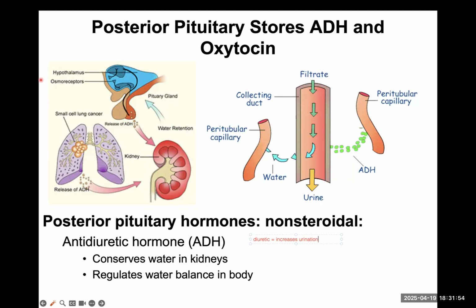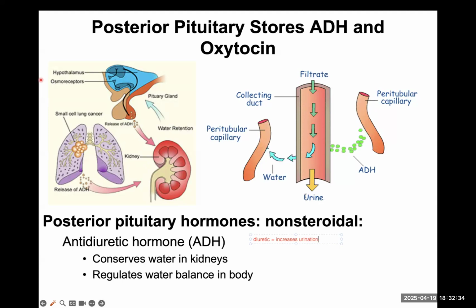It's going to go to your kidneys. It's going to retain water. It's going to say, reduce your urine. The way it does that is by reabsorbing water. Once you reabsorb water from the urine, it's going to look more concentrated, more dark, orange or yellow in coloration. So it's regulating water conservation. It also helps you regulate water balance in your body. Once you have an imbalance, this will cause you to pee more. And if you need more water, then it's going to conserve water.